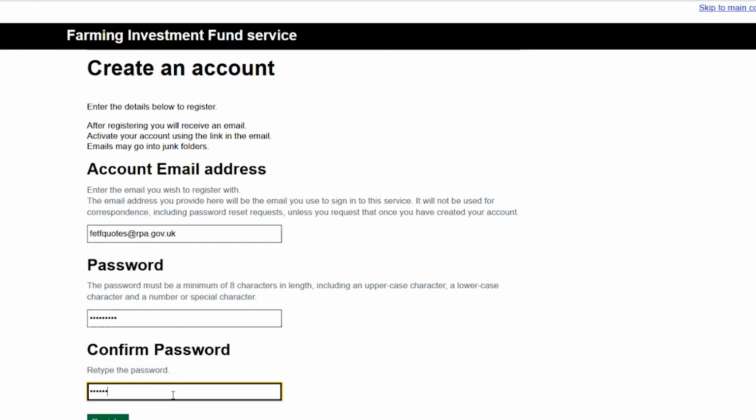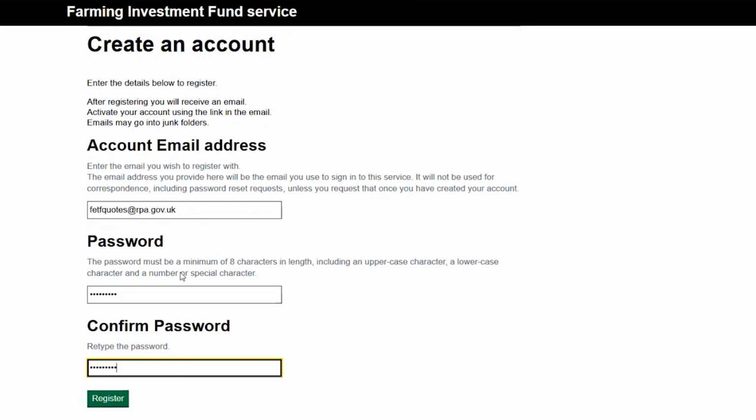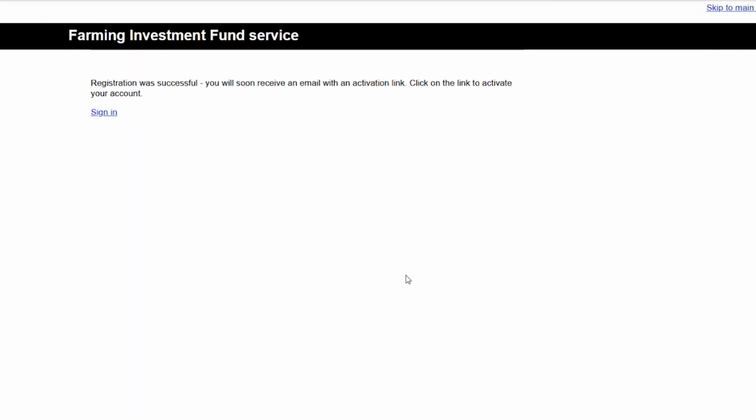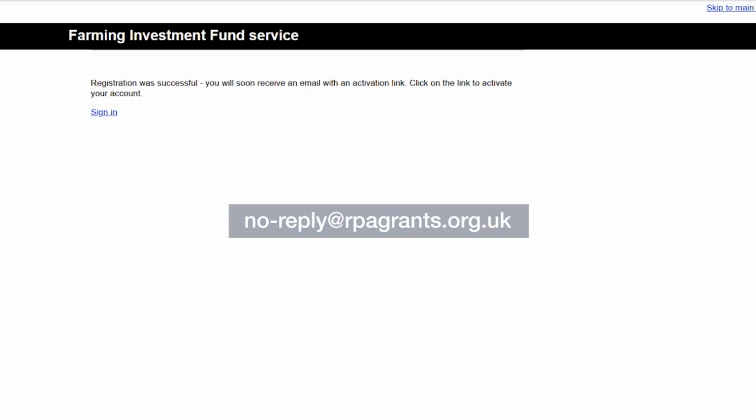Type the password again to confirm. Please make a note of these details. You will need them to log into your account in the future. Select Register. The email address you have entered will receive an email with a link to sign into the newly created account. The email will be sent from